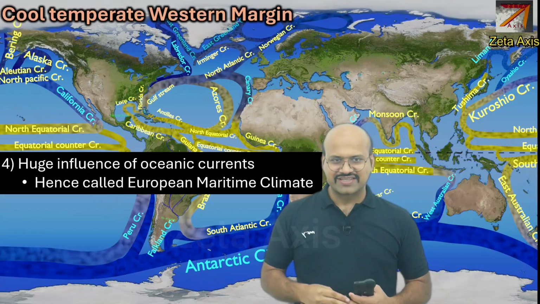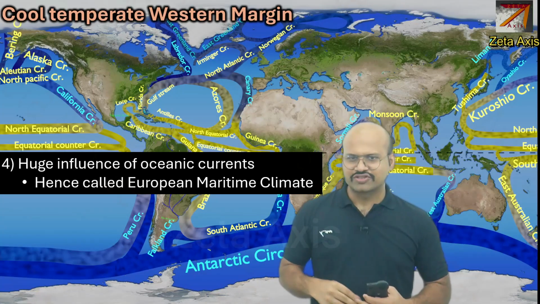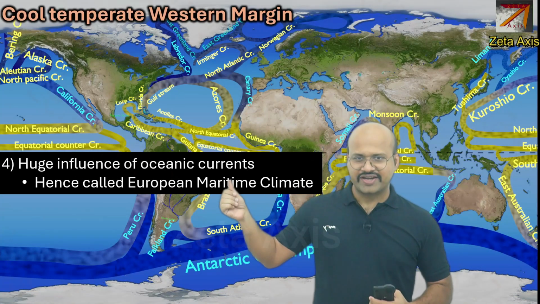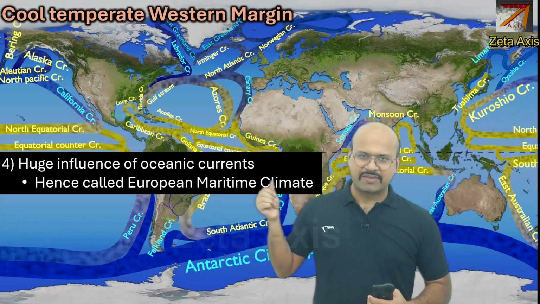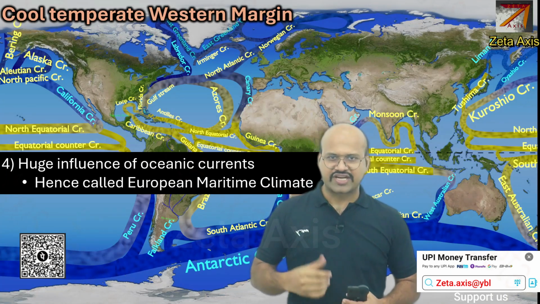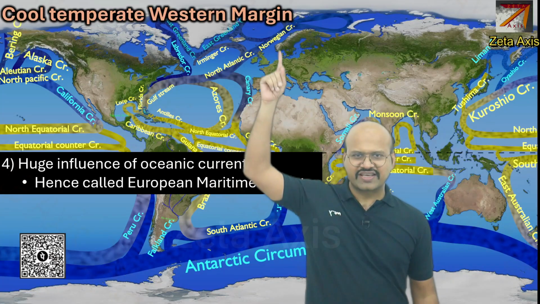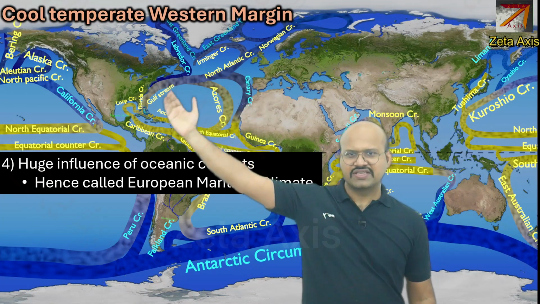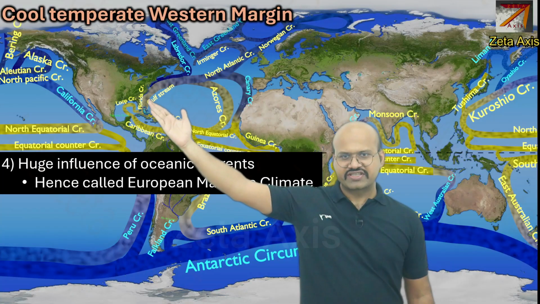Now as discussed, the British type of climate has huge influence of oceanic currents, and that is why it is also called European maritime climate. So these type of climates have a maritime climatic effect, and let's try to understand over here. Let's take the example of Britain, and we can see this is the Gulf Stream which is coming from